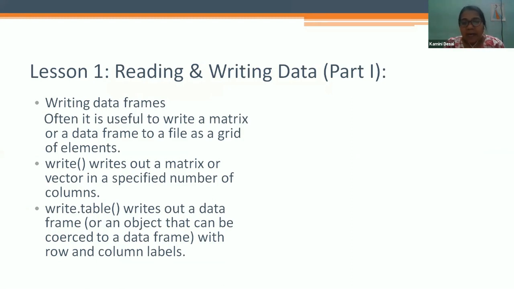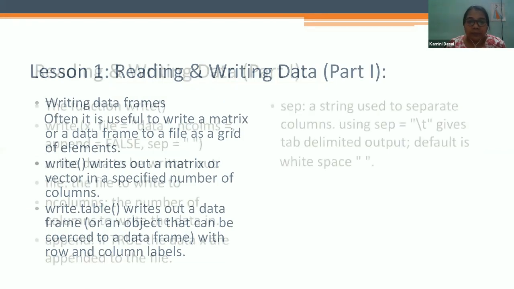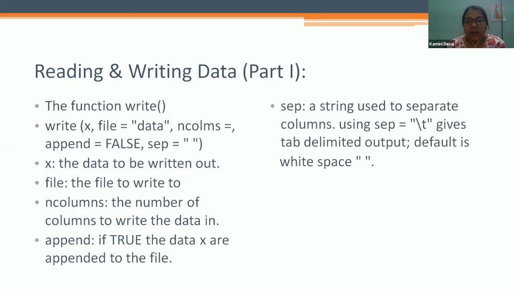So write.table writes out a data frame or an object that can be coerced to a data frame, with row and column labels. So just give the write function and the file name, whatever operation we have performed, that you can save using this file name, in that particular R directory. The arguments are ncolumns, append is equal to FALSE, and sep is equal to space.